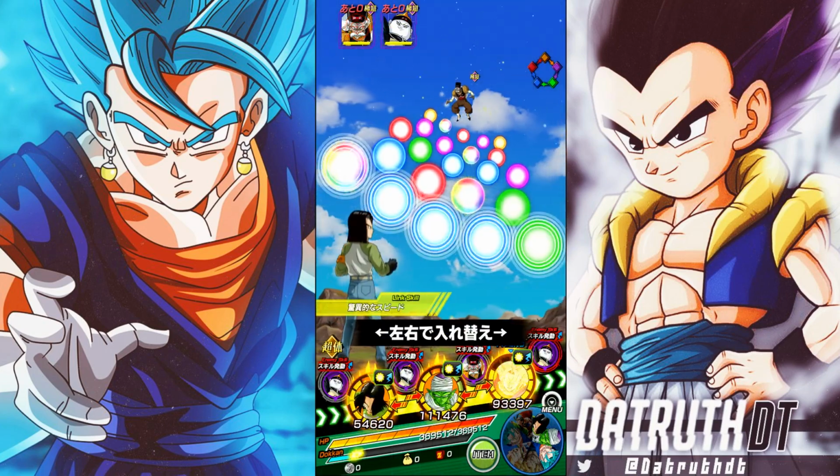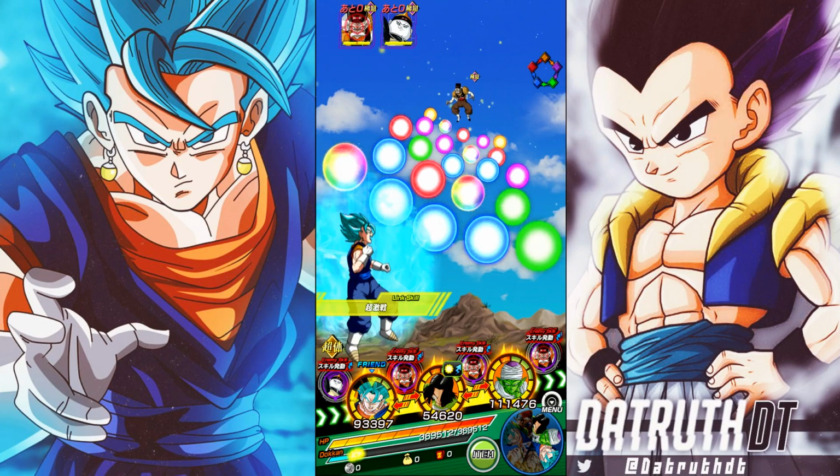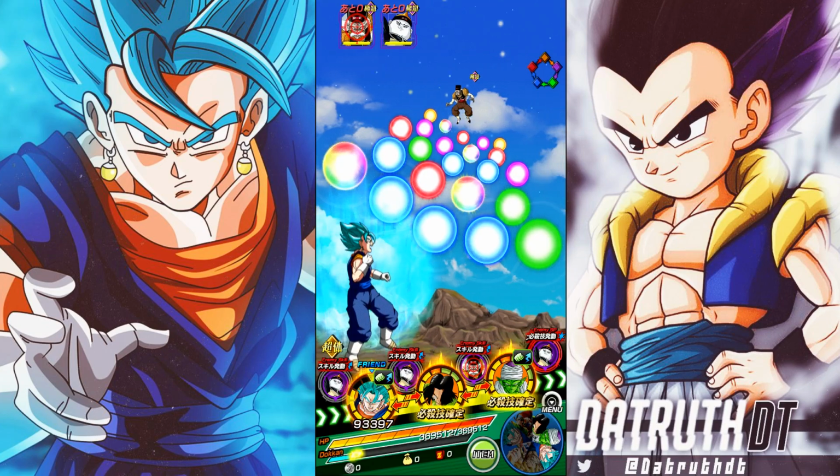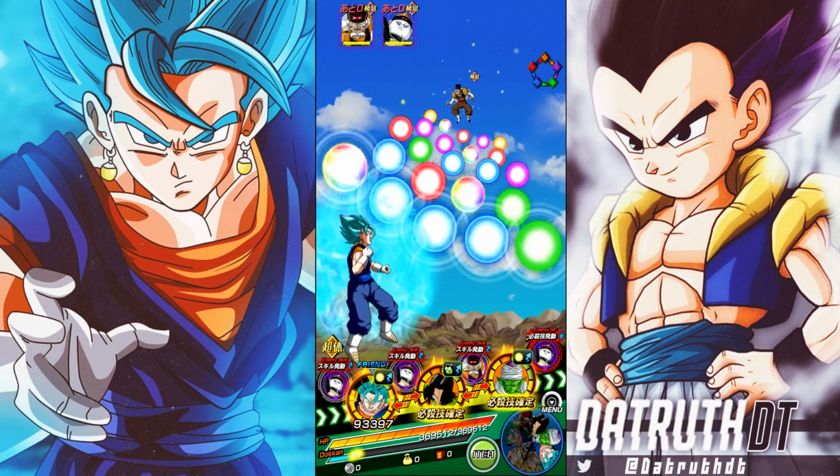All right, so Piccolo, perfect. Okay, that's that. We got a couple super attacks coming in. Well, if I die, whatever. If I die, I'll just use keys. We'll come right back in. The reason this is good...